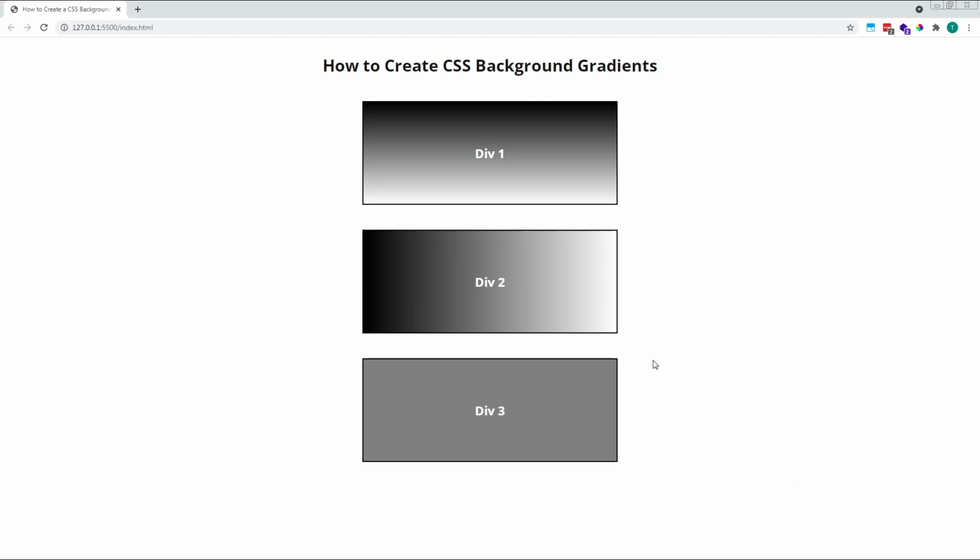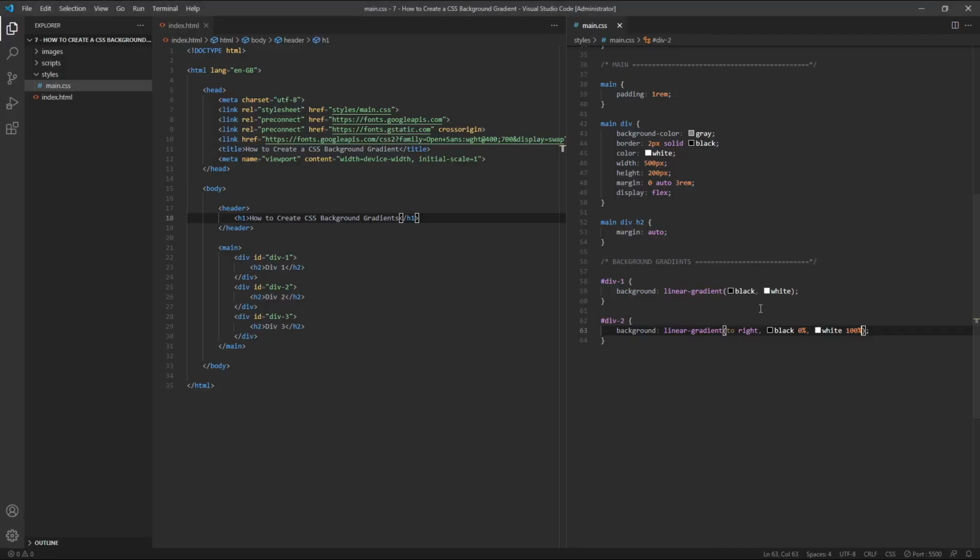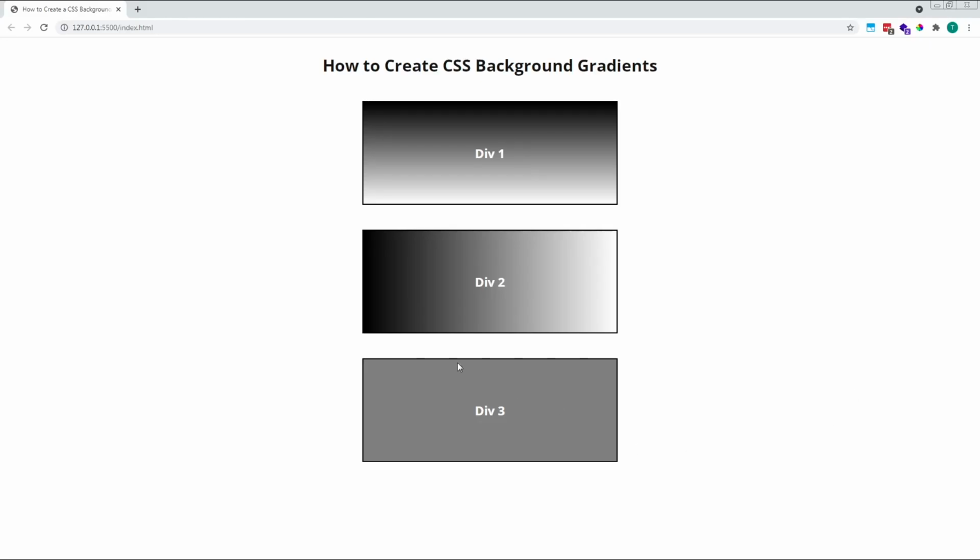Looking in the browser, obviously our transition remains the same. 0% and 100% are the default values for our two colours. If we don't explicitly specify percentages, these will just default to the first colour being 0% and the second colour being 100%. If we wanted our gradient to remain black further along into the transition, so it doesn't become grey here in the middle, and it remains black to around this halfway point in our div, we could adjust the